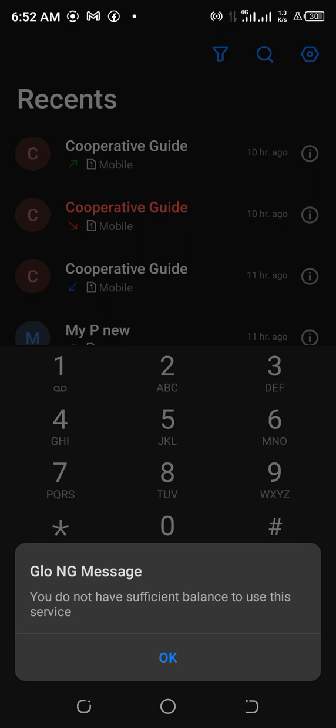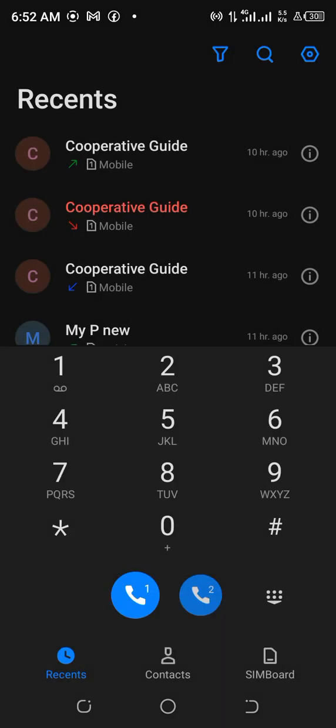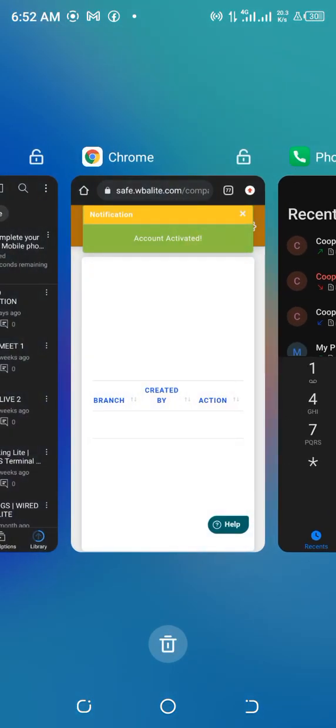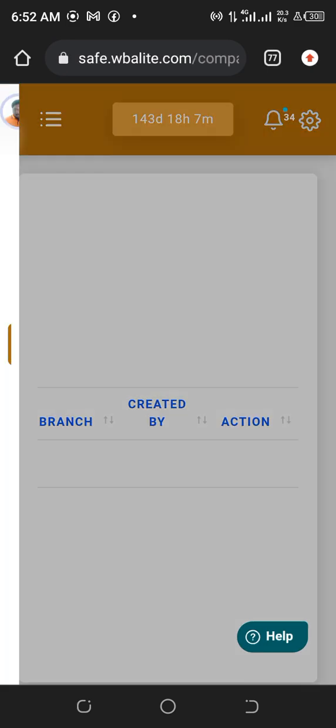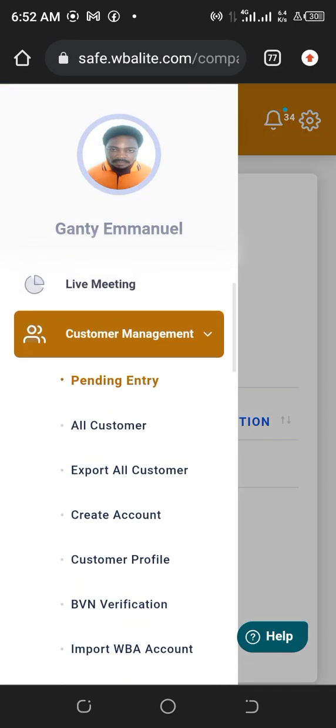Okay, so you can see the error has changed now. It says the customer does not have sufficient balance to use the service. This simply means that you've configured your USSD code to be charged. So okay, let's check how much